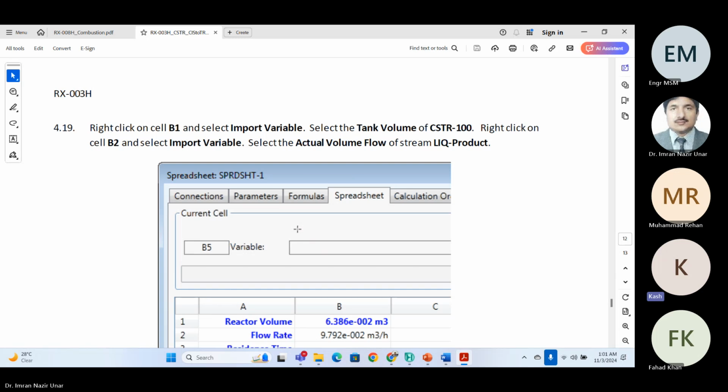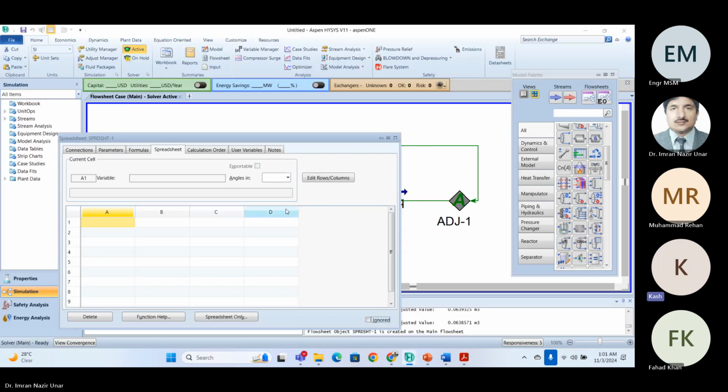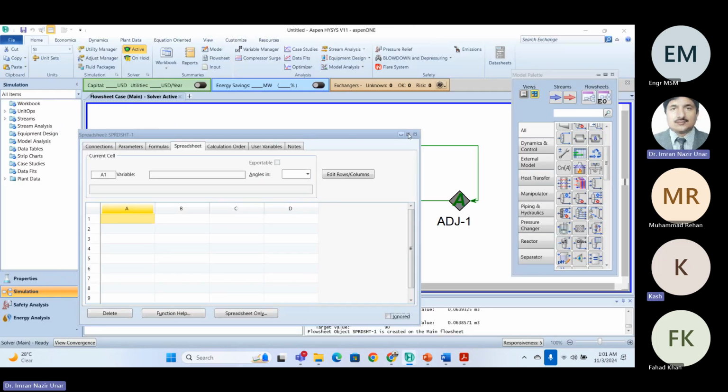ओके, अभी हम देख रहे थे रेजिडेंस टाइम, तो किसी स्प्रेडशीट में दिया नहीं हुआ था। हाँ, अभी रेजिडेंस टाइम कैलकुलेट ही कर रहे हैं हम। उसमें हमें पता नहीं चलेगा, इसलिए तो ये काम कर रहे हैं हम। ओके। टैंक वॉल्यूम और फ्लो रेट, फ्लो रेट इन हो या आउट हो, और रेजिडेंस टाइम।